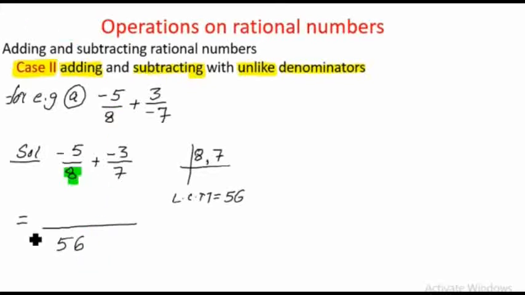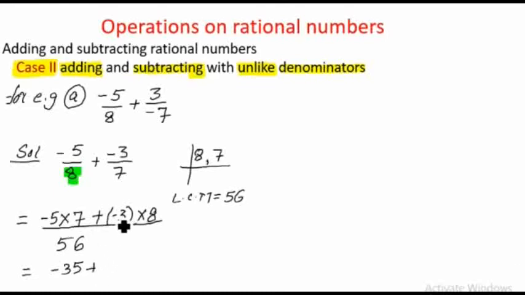So you multiply 7 with minus 5 into 7 plus minus 3. In table of 7, 56 will come 8 times. So multiply with 8. So you get minus 5 into 7, minus 35